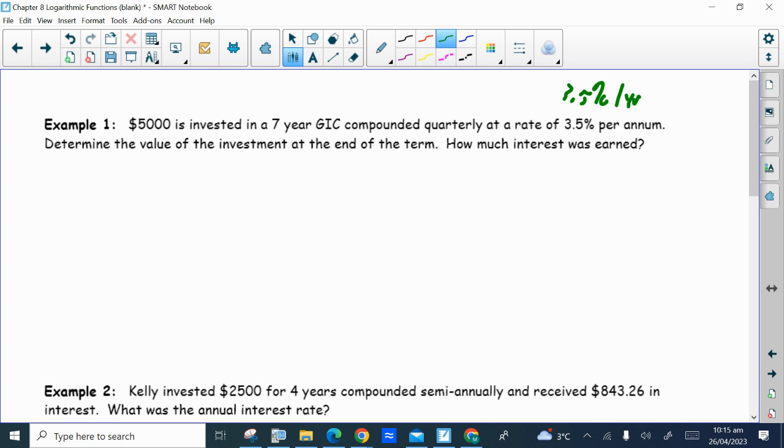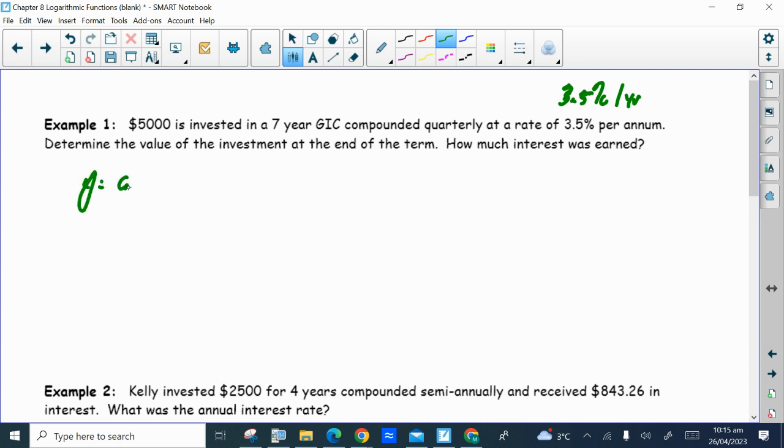And so you'll notice that because it's compounded quarterly, which is 4 times a year, and the annual rate is 3.5% per year, we're going to have to do some math to figure out what the quarterly interest rate is, because that 3.5% is per year. But it's compounded quarterly, so we're going to have to calculate the quarterly interest rate. We want to find the value of the investment at the end of the term and then also how much interest was earned. So using that formula,